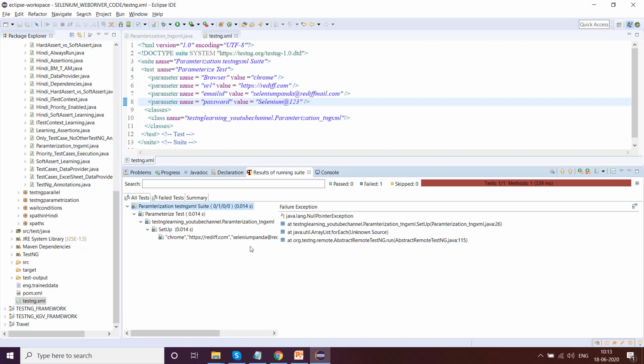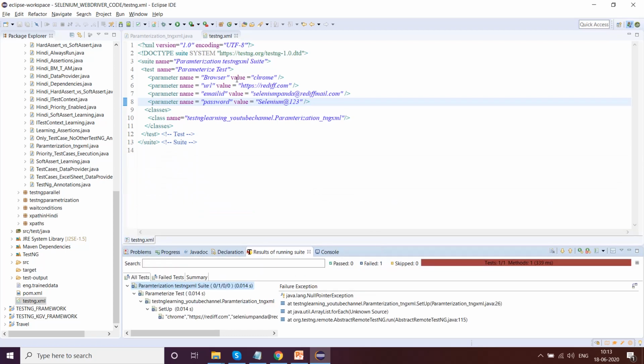Null pointer exception. Why is it giving a null pointer exception? One second guys, I'll fix it and get back to you.